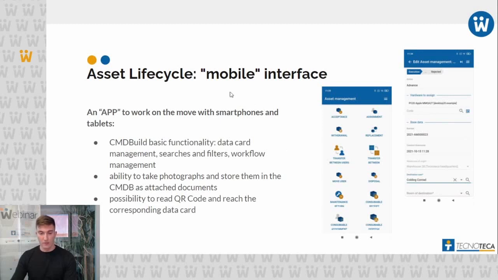We also have a mobile app which helps the hardware managers to register the assets, or to move them, or to use any action that the asset management workflow allows. The newly introduced app has CMDBuild basic functionalities. It allows the user to manage the data cards, and also to use the